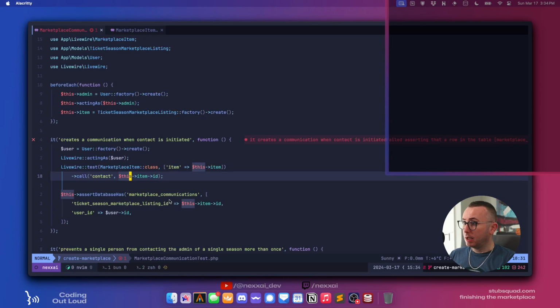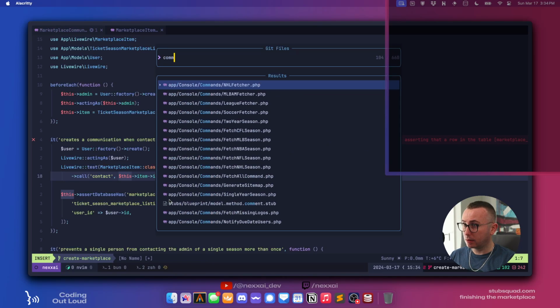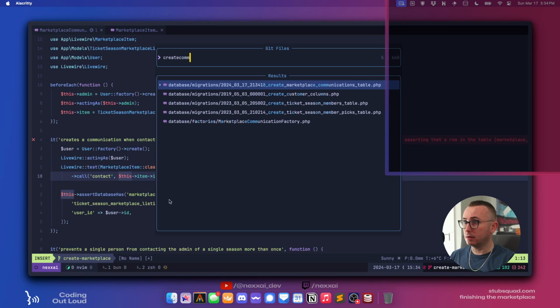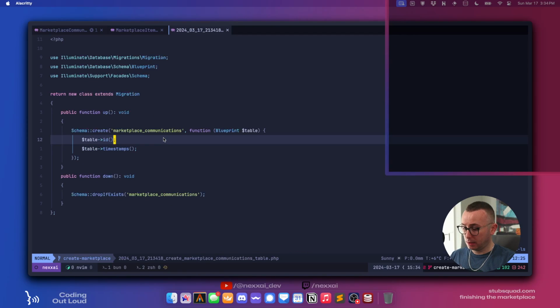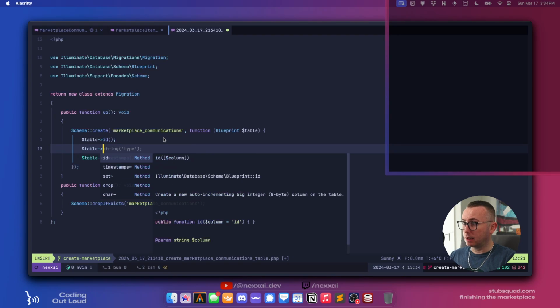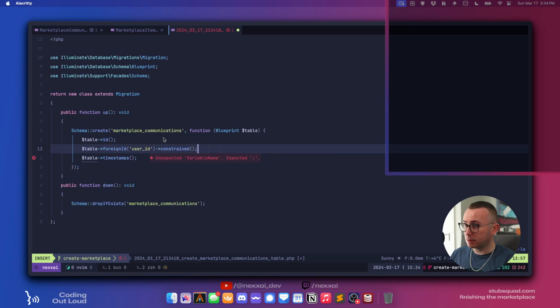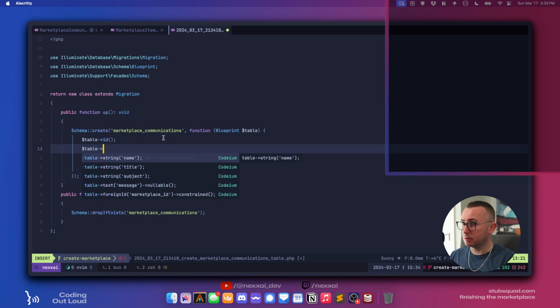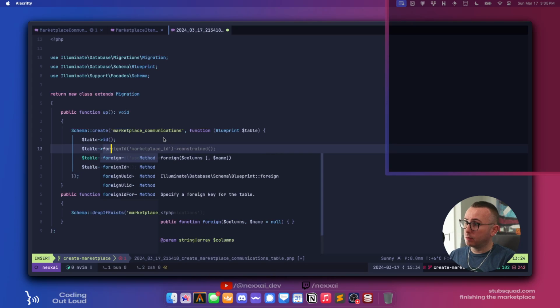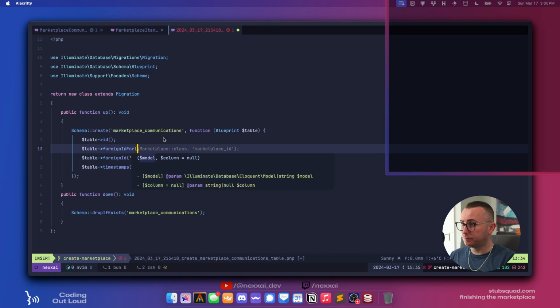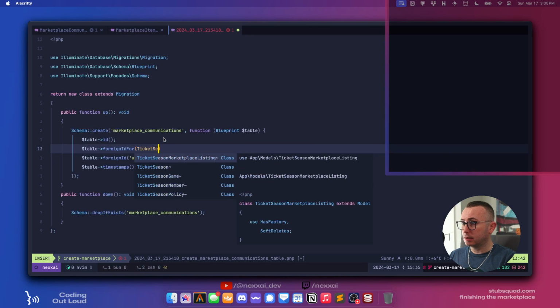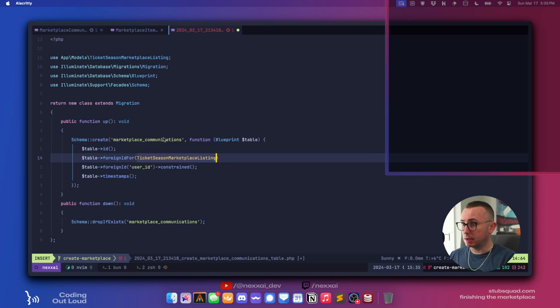So we need to say create com table. Yep. And so this is going to track the foreign ID of the user. Yep. And also the foreign ID for the ticket season marketplace listing.